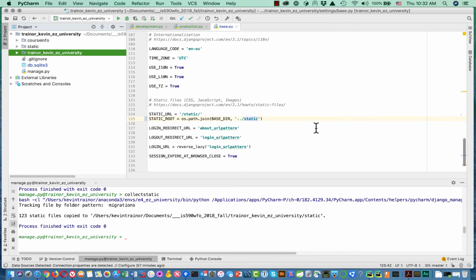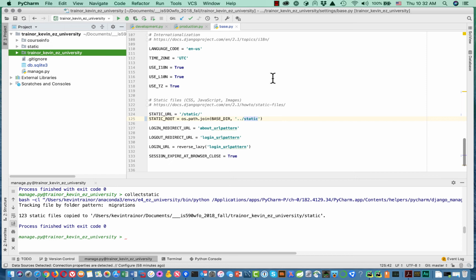Okay, so when we came up with this new version of the settings files in their own directory and a hierarchy of them and all, we broke the position that it was using for the database, and now we fixed that, and we broke the position that it was using for collecting up the static files when we ask it to do it, and we broke that too. So now we fixed that. Okay, so and we've also tested